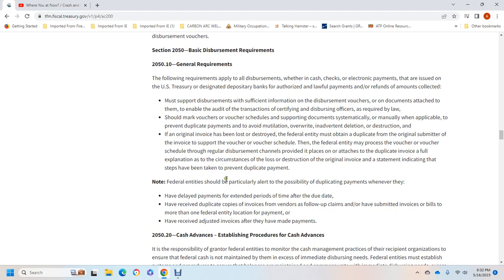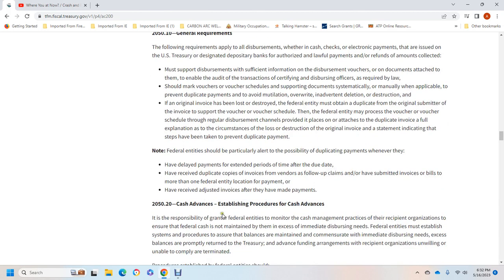Alright, 2050-20 for the cash advance. Proceed with the cash advance if the responsible grantor federal entity, with the manager of the cash advance, determines the practice of the recipient organization for the entry of the federal cash does not maintain the success of the immediate disbursing need. The federal entity must establish a system to ensure the balance maintained with the commissary for immediate disbursement needs is properly returned to the treasury for the advance, with arrangements for a recipient organization unwilling or unable